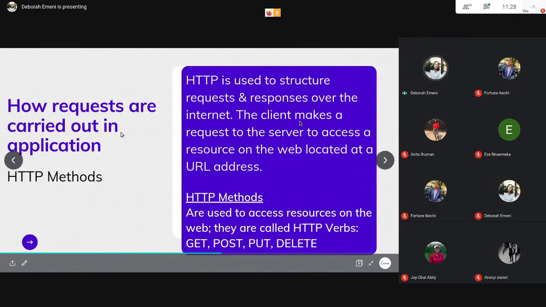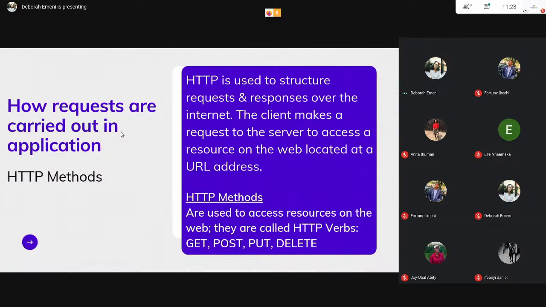Okay, let me read my screen. HTTP is used to structure requests and responses. So these requests are structured using what are called HTTP methods. HTTP is used to structure these requests and responses over the internet. So the client makes a request to the server to access a particular resource on the web located at a URL address. Just like my shopping mall illustration,